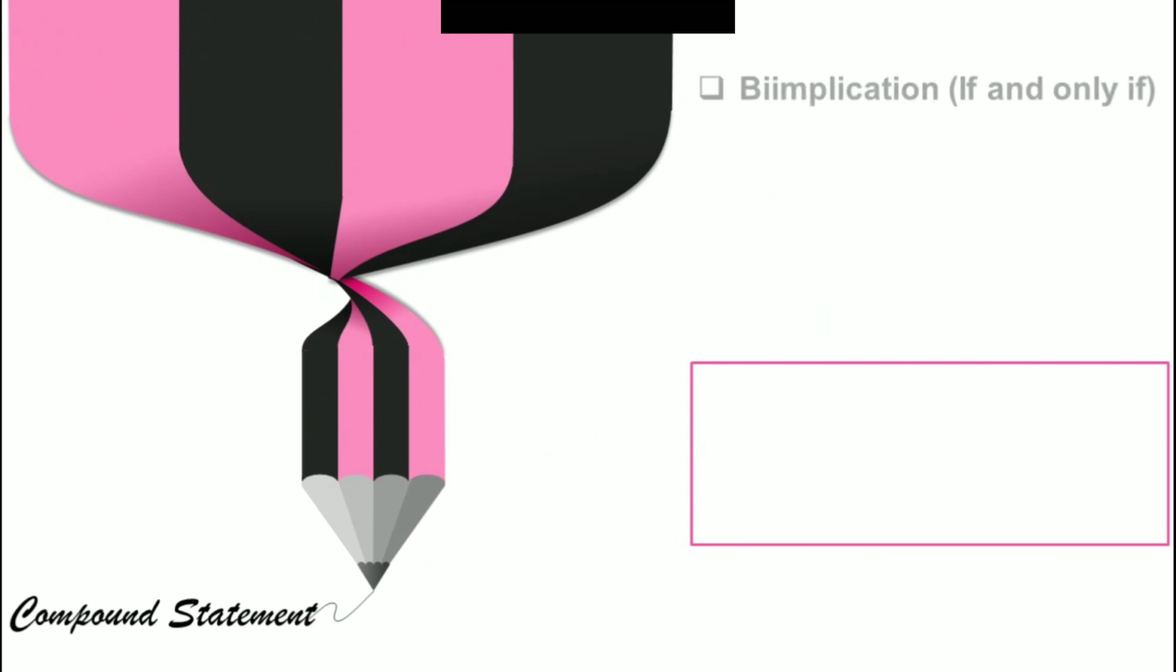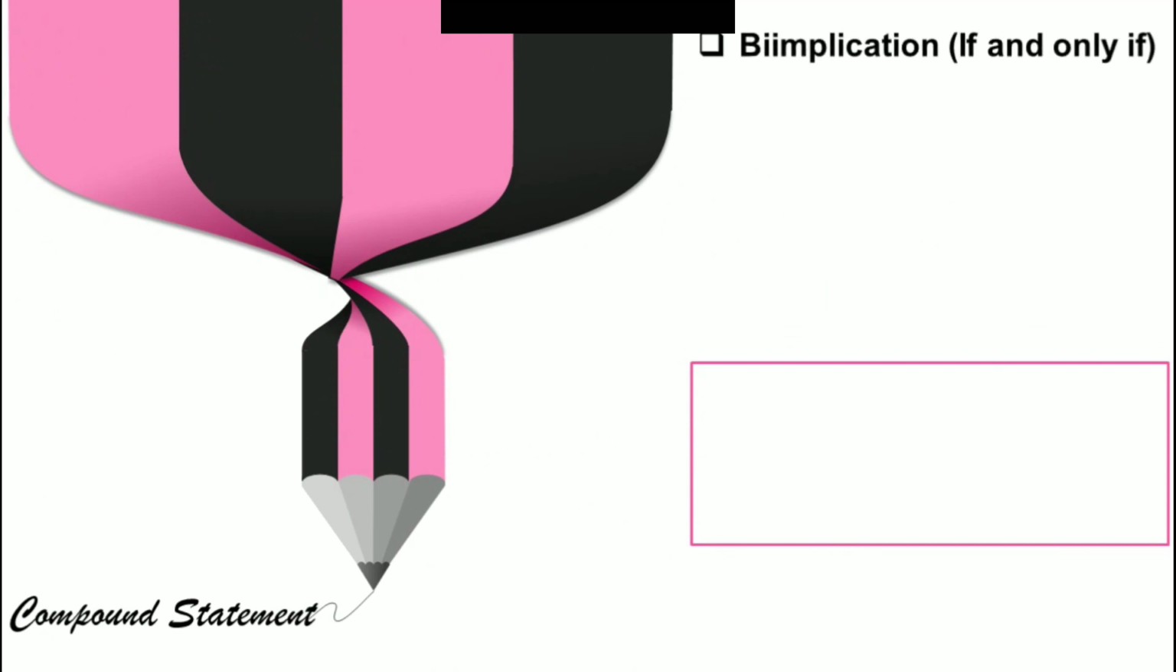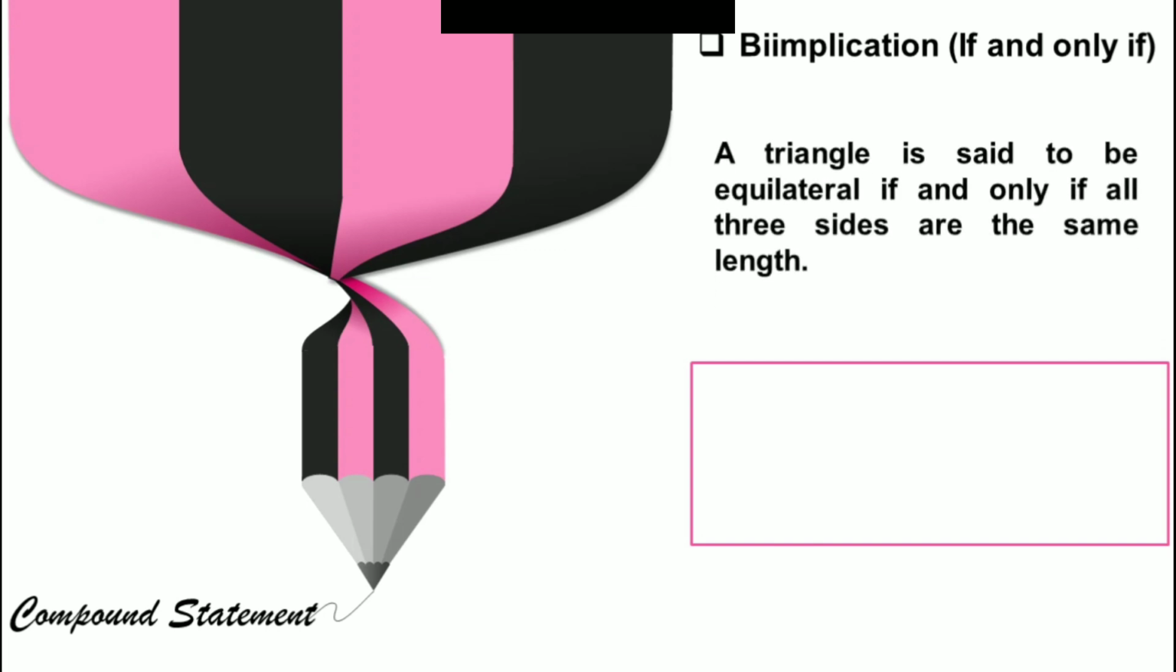The fourth conjunction, the biimplication, or the conjunction if and only if. Example: Agri gets a good grade if and only if Agri learns. The truth table is